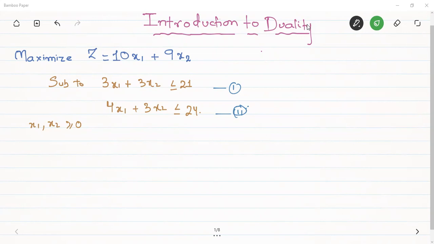Let me perform some operations on these constraints. We can see that there are two constraints. I can multiply the first constraint by any number a, and I can multiply the second constraint by any number b. Let me take an example here. Suppose I multiply the first constraint